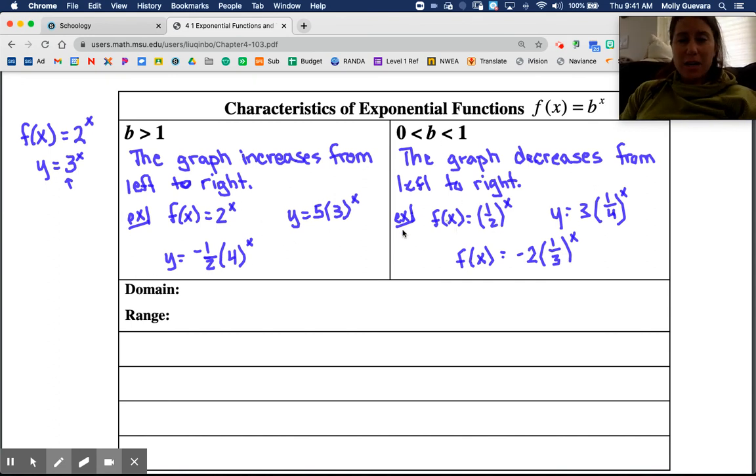Okay, the domain of exponential functions, we just talked about it. The domain is always going to be negative infinity to infinity. And then the range is always going to be 0 to infinity. But we're going to make a little note here, and I'm going to say unless